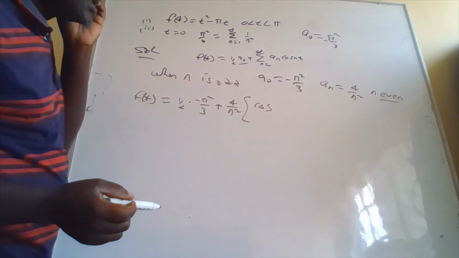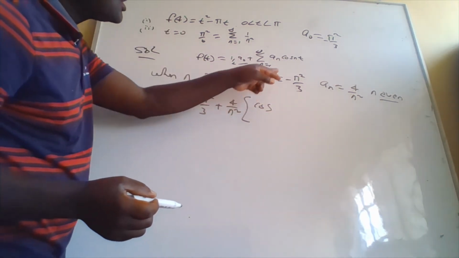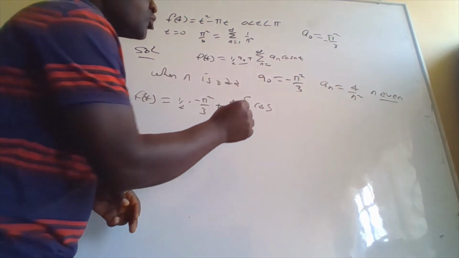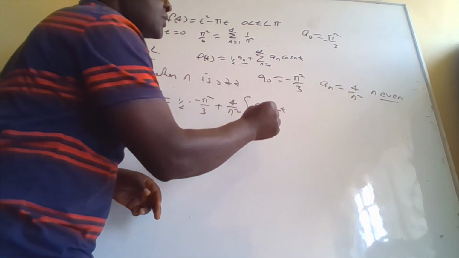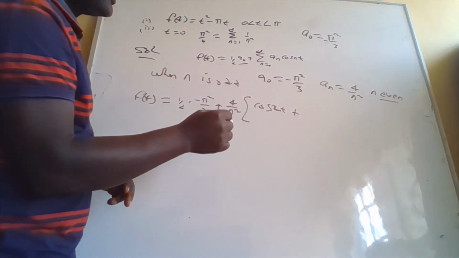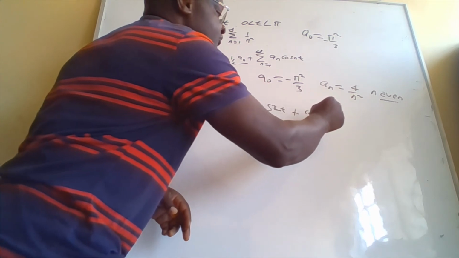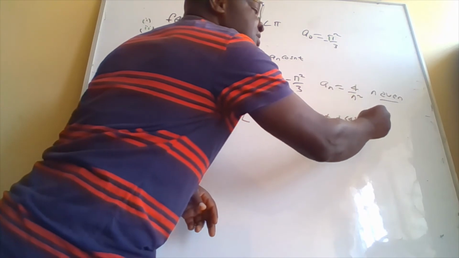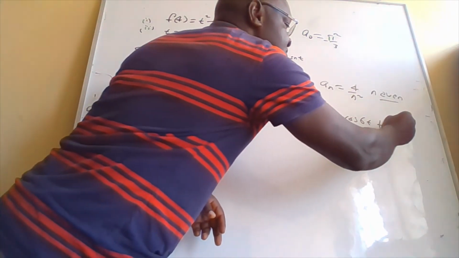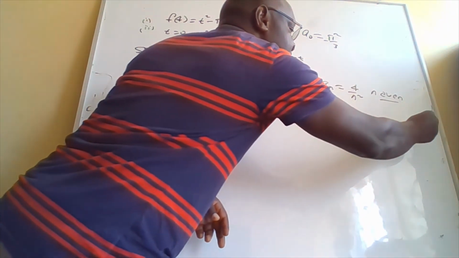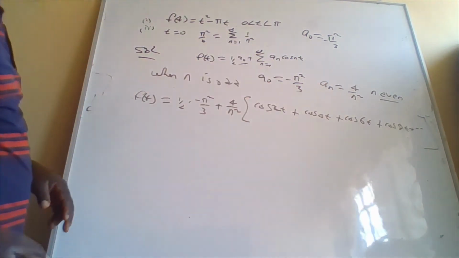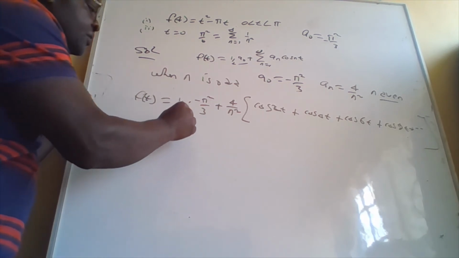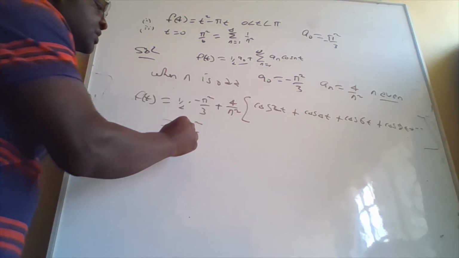Remember the series exists with even numbers, so it will be cos 2t plus cos 4t plus cos 6t plus cos 8t, etc., with even numbers only. So this will be minus pi squared all over 6